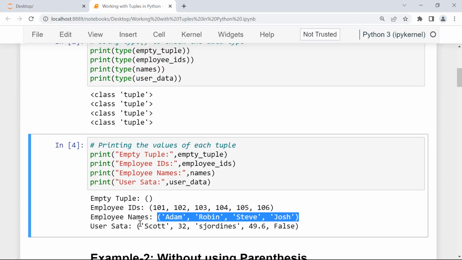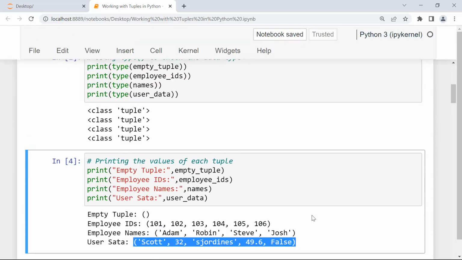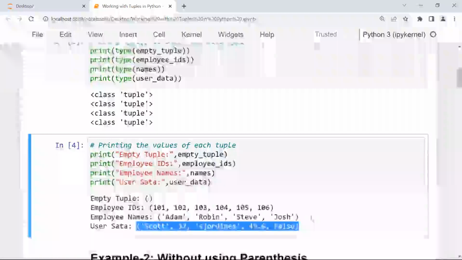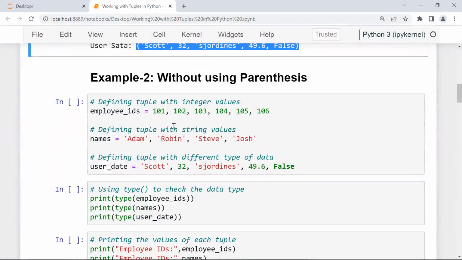And in the last, we have this heterogeneous tuple containing data of different data types. Now, as we told you initially, using parentheses to define a tuple is not mandatory. So we can also define a tuple without using parentheses. In that case, we have to define our elements separated by a comma and